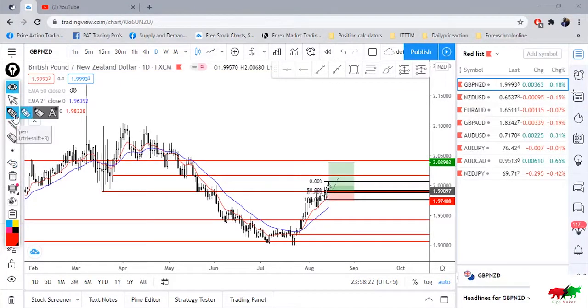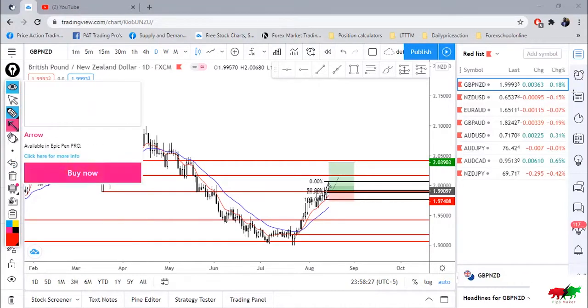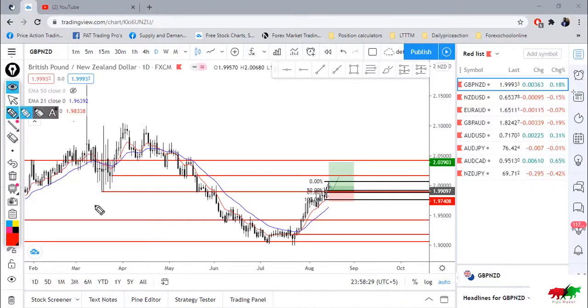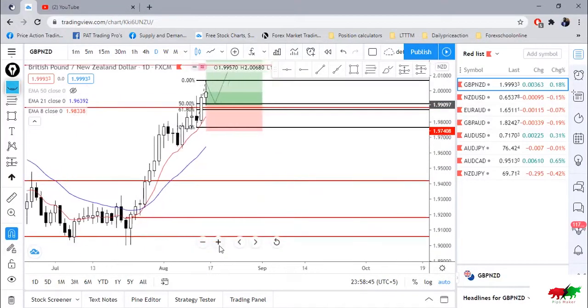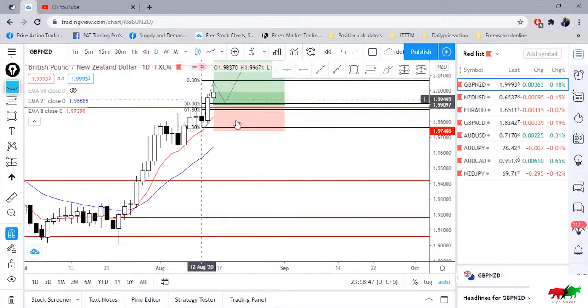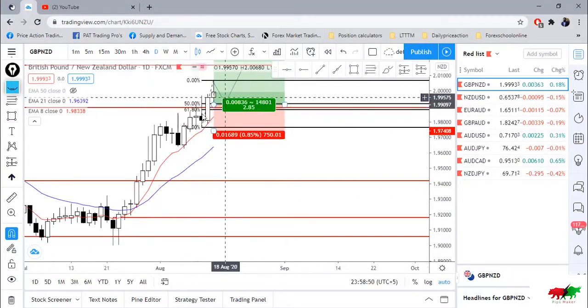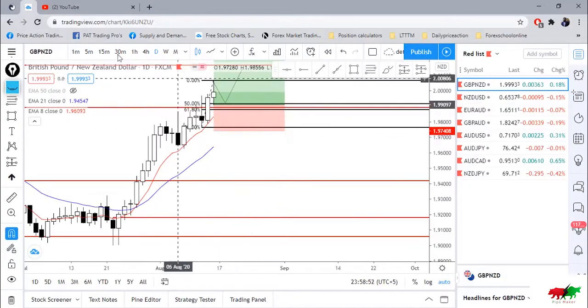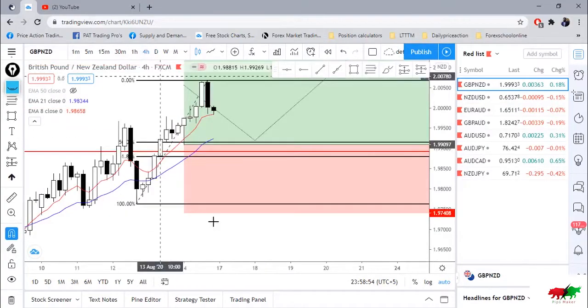Then it took it as a resistance here, and then the market broke this area once again, and if I zoom in, we can see that we have taken out this level. If we go to the 4 hourly,